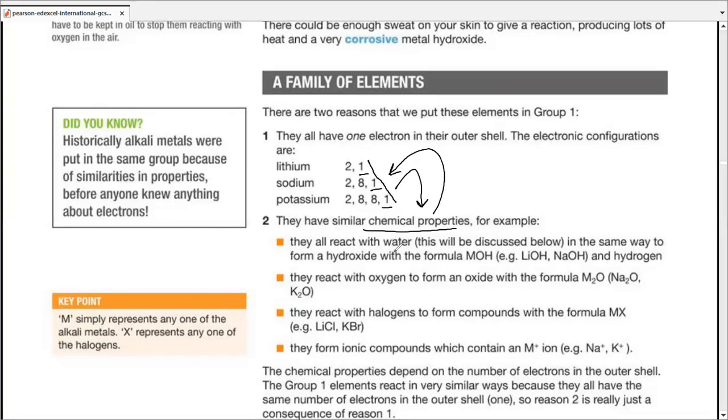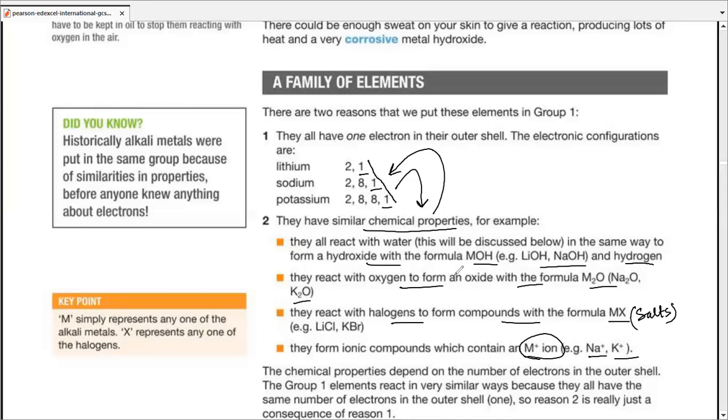For example, they're all going to react with water in the same way to form a hydroxide, for which the formula is like this, and they're going to produce hydrogen as well. They all can react with oxygen to form an oxide, the formula for which is this. They all can react with halogens to form compounds with the formula this. We usually call them salts, right? And they can form ionic compounds which contain M-positive ions, such as sodium positive and potassium positive, most of which